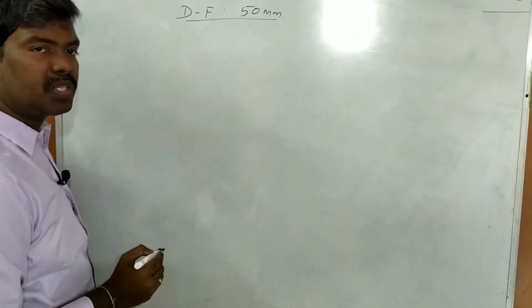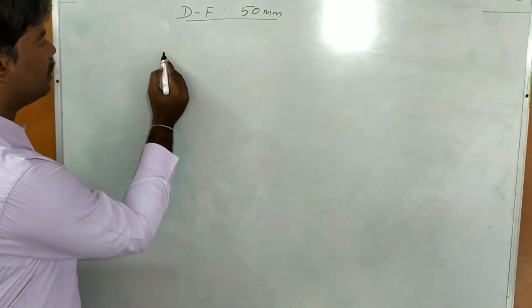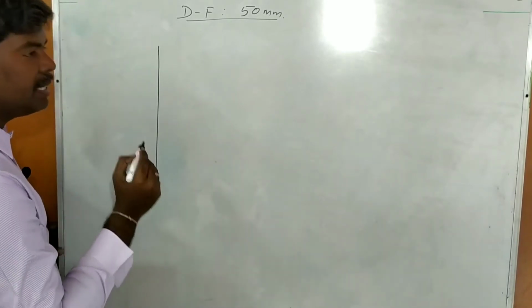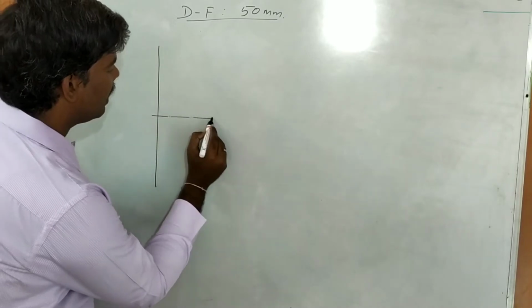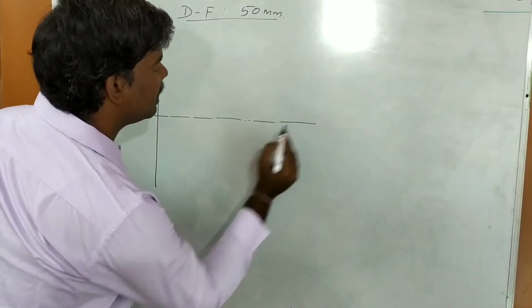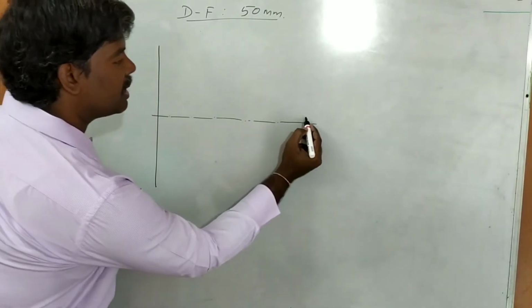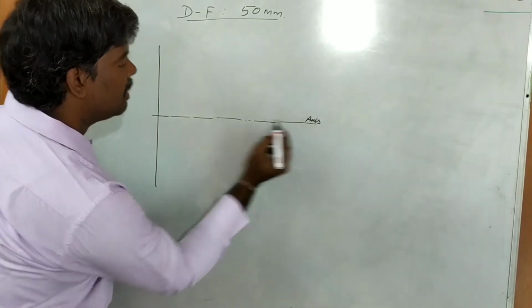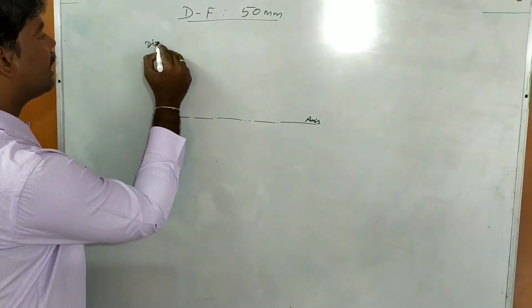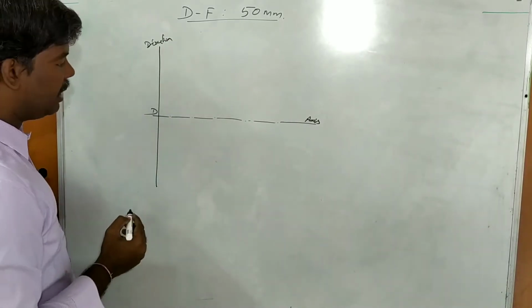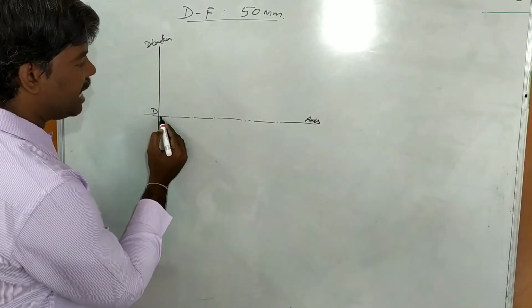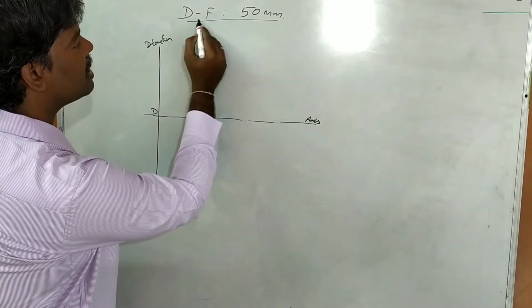Okay. So first you construct an ellipse. Already you know that. First you draw the directrix, a vertical line. Next you draw one axis line, perpendicular to that directrix. So this one is the axis and this one is the directrix. Let us consider the point letter D. From directrix to focus the distance is 50 mm.